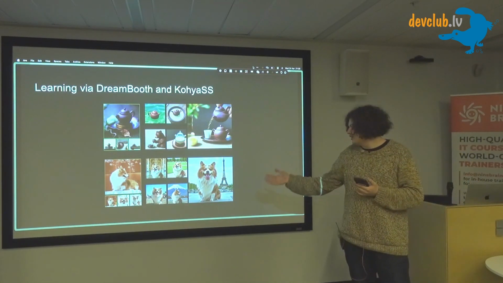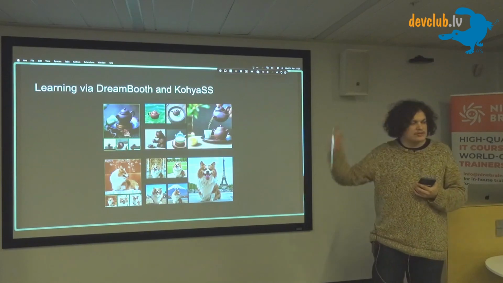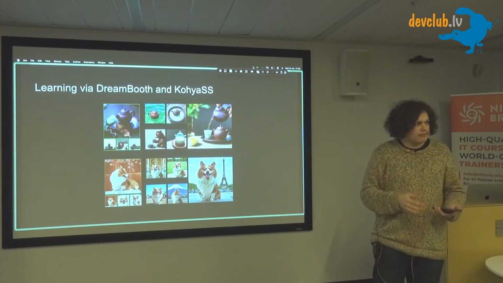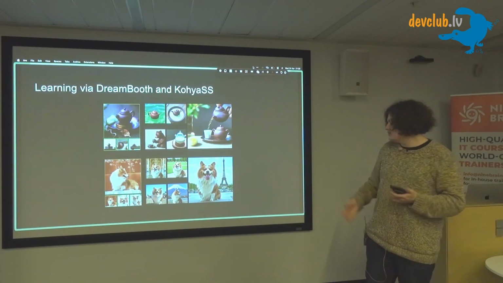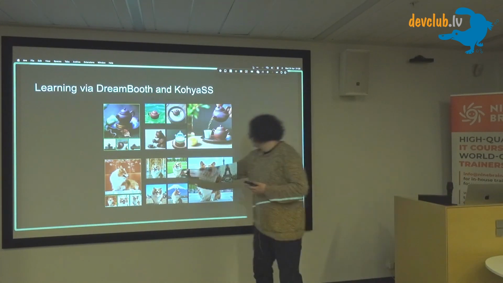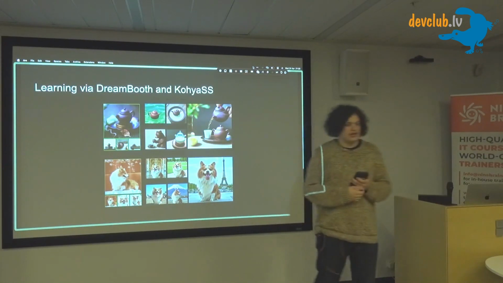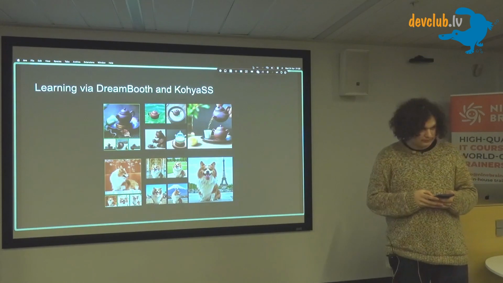What you really need is a set of images of your lovely dog. You train the model via a method called DreamBooth. You can use the Kohya SS interface for it, and after some time, it will be able to generate images of the dog in a location that you want. Corgi.